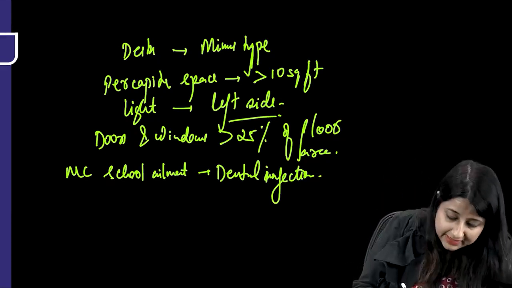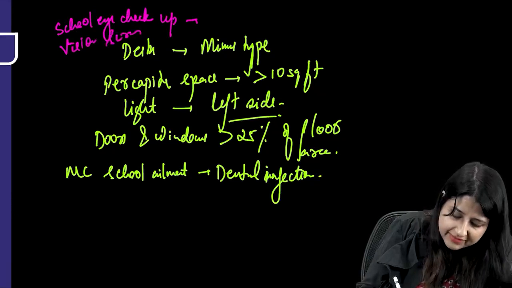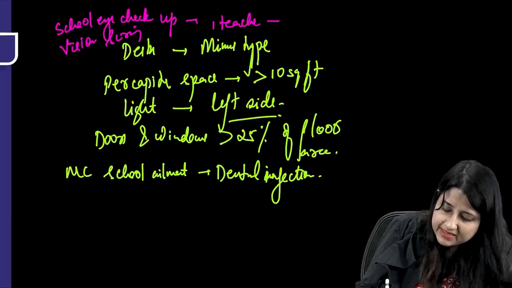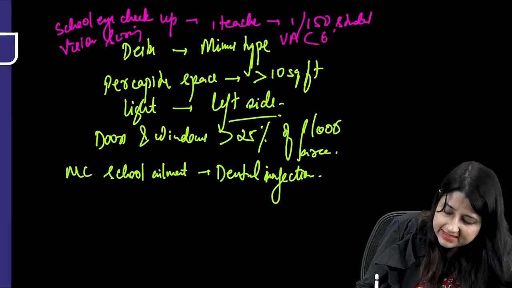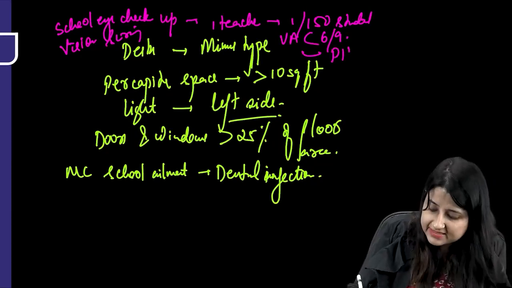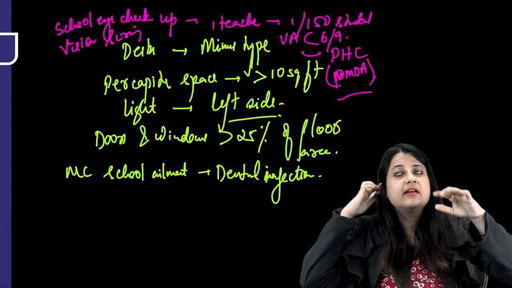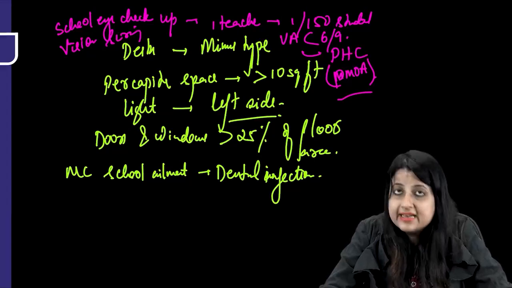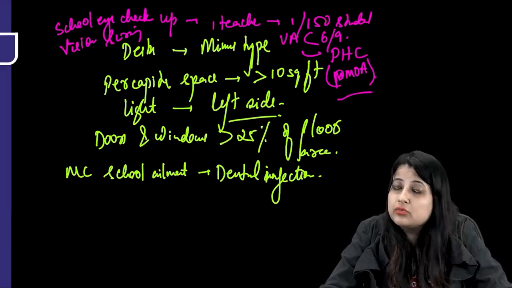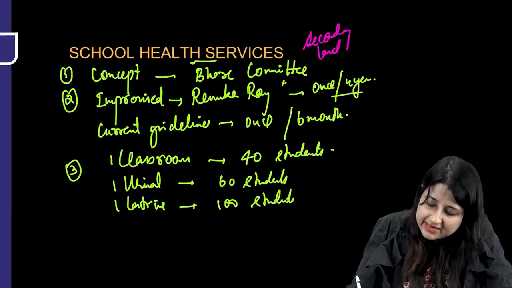Then there is a school eye checkup program, school vision screening. These are all secondary level of prevention. That can also be done by a teacher, one teacher up to 150 students. If the visual acuity is less than 6/9, the child is referred to a PHC where we will have a paramedical ophthalmic assistant who will refer the child, if required prescribe glasses or refer further to an ophthalmologist. These are the bare minimum things you must know for school health checkup. Please remember, school health checkup is an example of